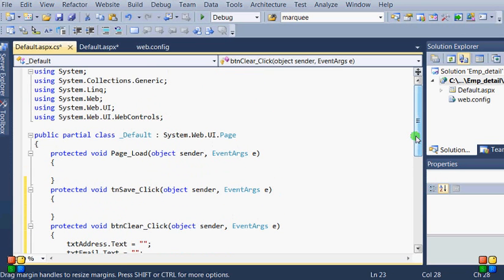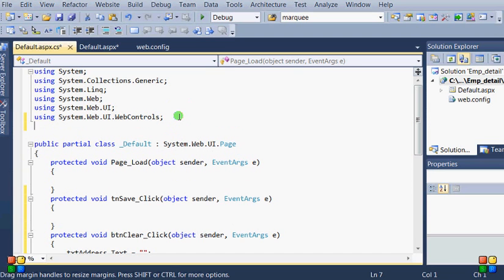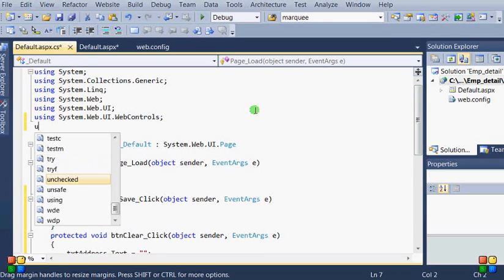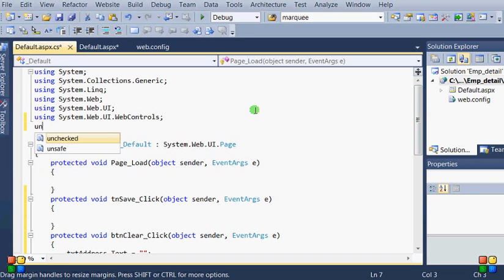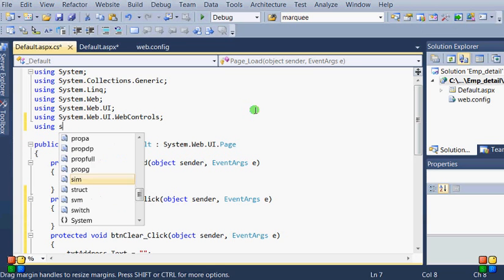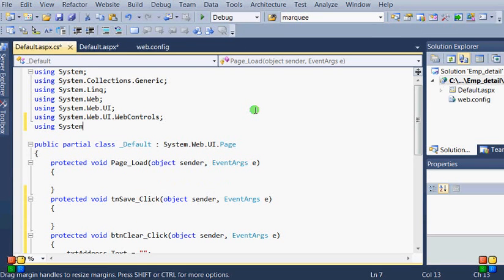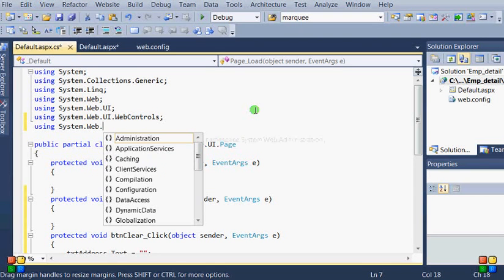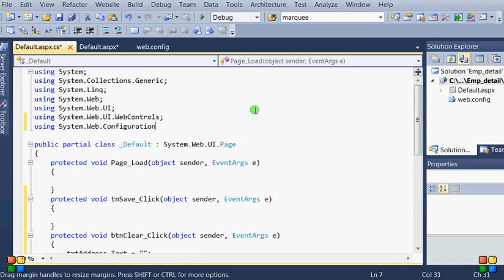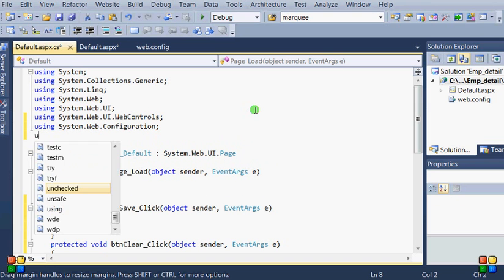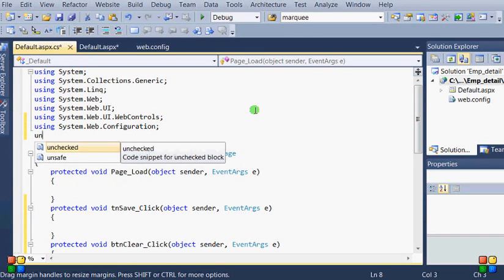Now we have to do some more work. Suppose we have to connect with our web config file. So using System.Web.Configuration, it will help to connect with our web config file.